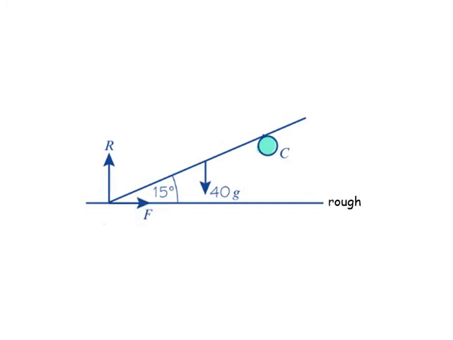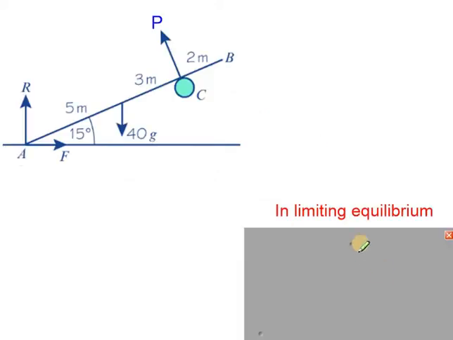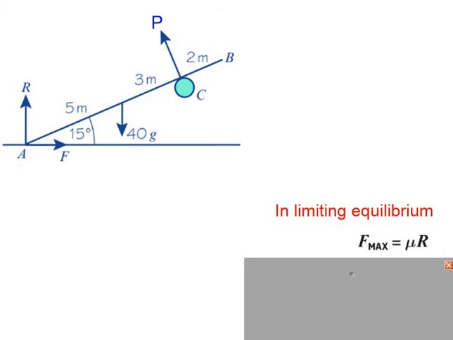The frictional force, the normal reaction at the peg, and this distance is 5 meters, 3 meters and 2 meters. Because of limiting equilibrium, F equals mu R, this is the frictional force here,